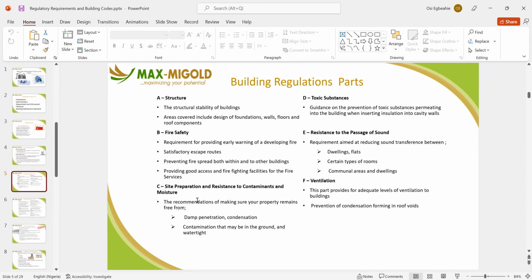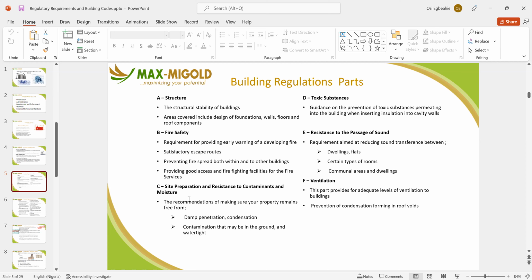Once there is a fire, you need to make adequate preparation so that the fire truck can come in, and not only come in. Normally, there's what is prepared in firefighting. You have the wet line and the dry line. The dry line is where the fire service, once they come in, connect their water source into it and use it to power the building in case the building water supply has failed or is finished, so that they're able to fight the fire both from outside and from inside.